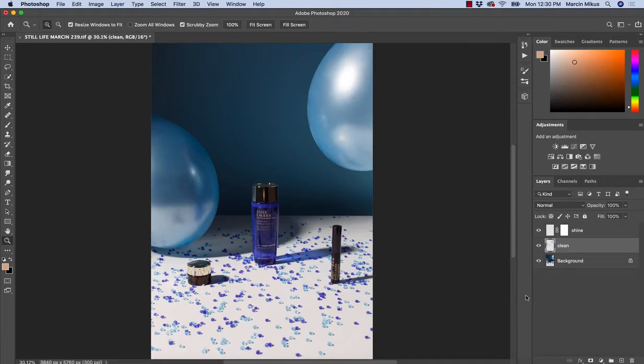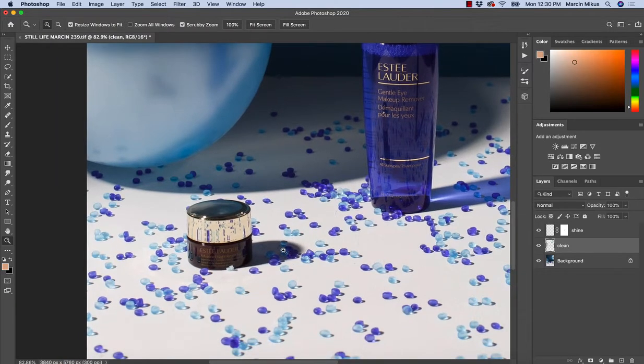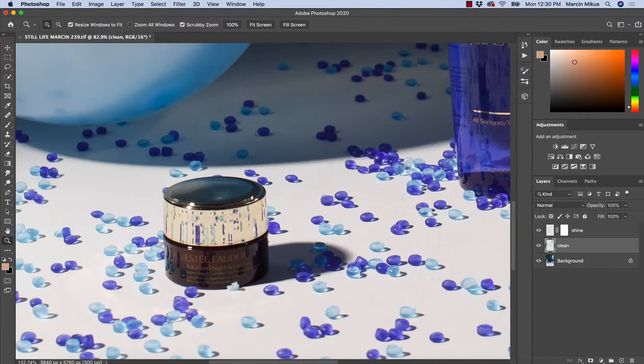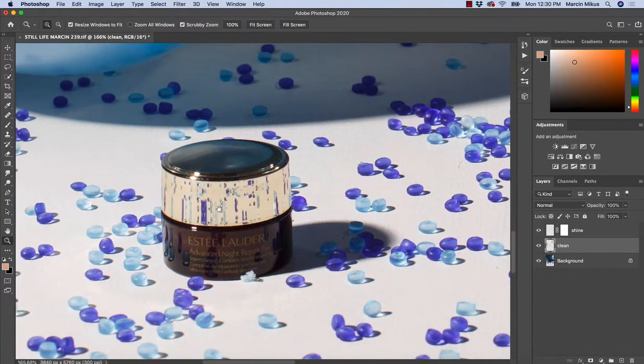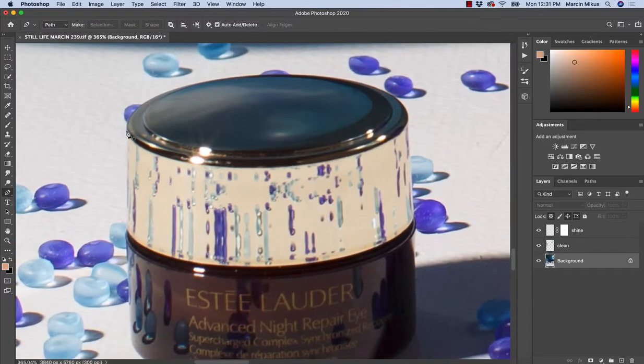We are back to the subject of reflection, because on this image I want to show you another technique that you can use to create natural looking reflection. And for this, I'm going to use what I already have here. So first of all, we are going to clean this up because it will be easier for us to create natural looking reflection. So what I'm going to do, I'm going to use the pen tool,